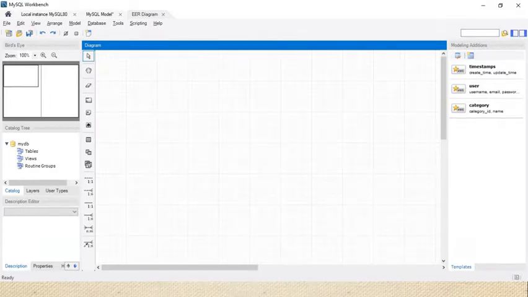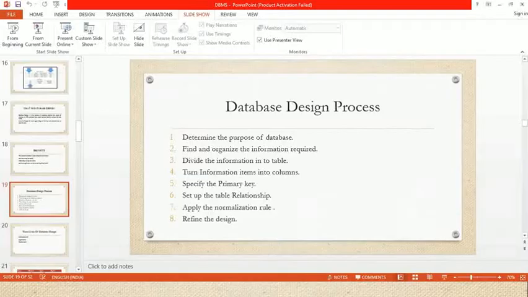Now the second step: gather and organize the information. For the library, tell me what information is required to store. A very basic idea, I don't want to create more, or according to the conceptual level. We have three levels: the conceptual level, the logical level, and the physical level. According to these three layers, first of all, just identify the entities. Do we require books?